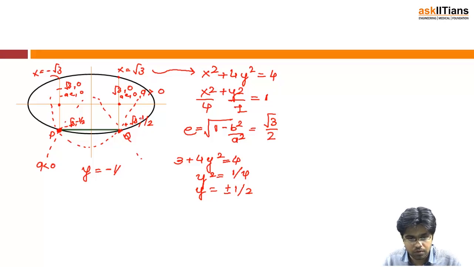That means this point is 0 comma minus 1 by 2. Also remember that this is the focus, the focus of the parabola. That means this point is a comma 0. Okay, this point is a comma 0, but we can see that the center of the parabola is not at the origin. So we can't say that this is a comma 0 actually, because the vertex of the parabola is not the origin. So we can't take it directly as a.